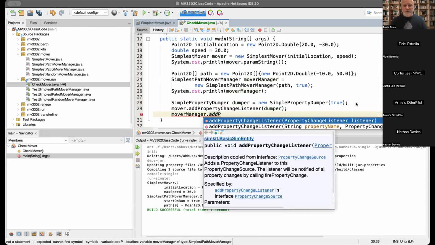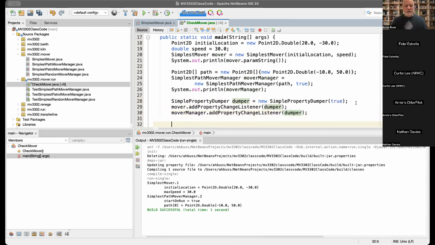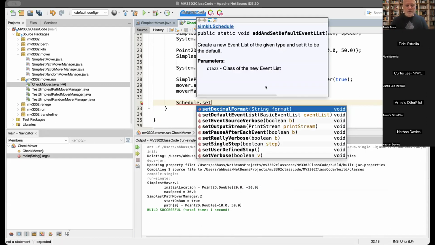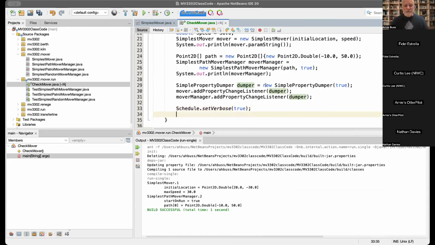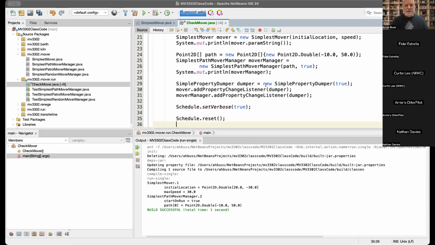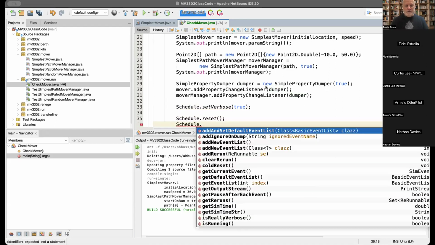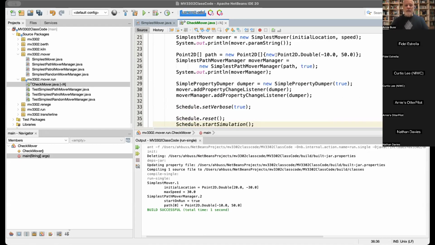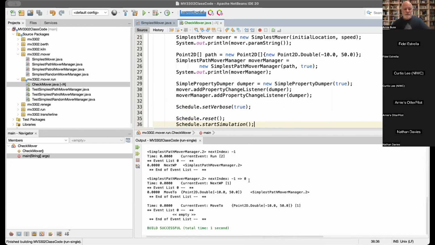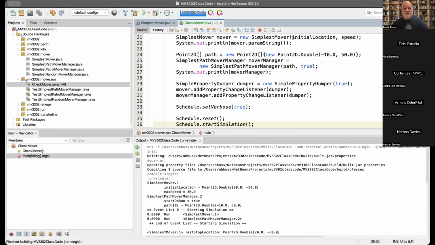And we want to add this as a property change listener. We're not going to see anything else, but now we want to run in verbose mode. And we reset and we start simulation. And what I'm looking for is a validation of